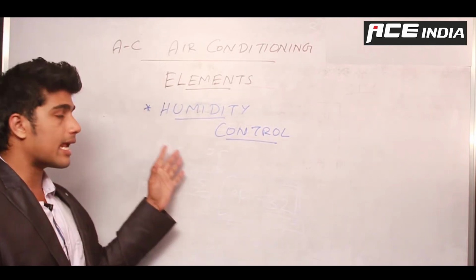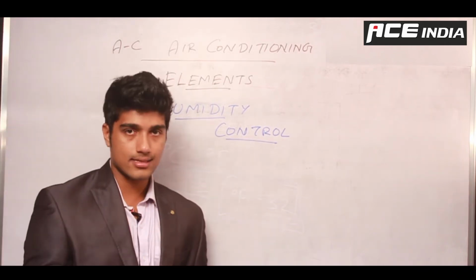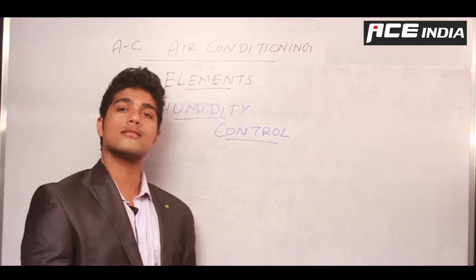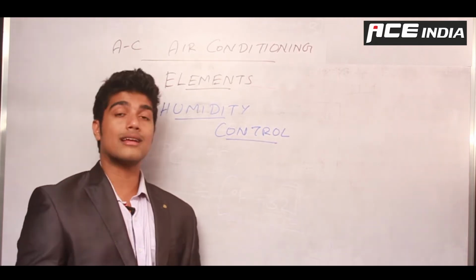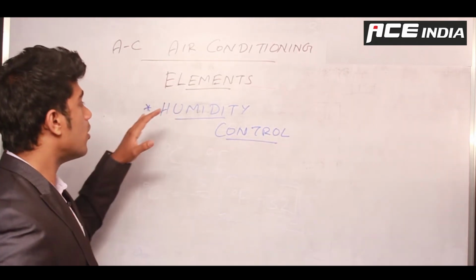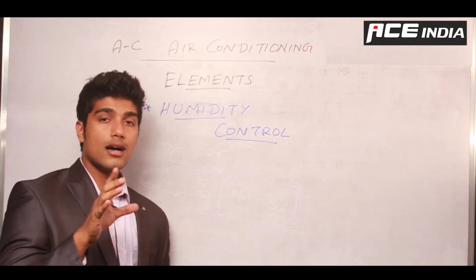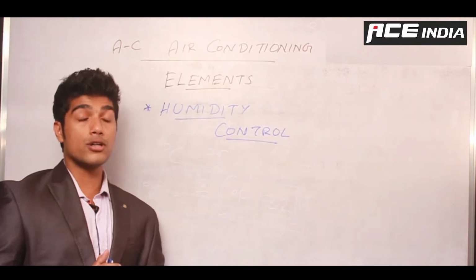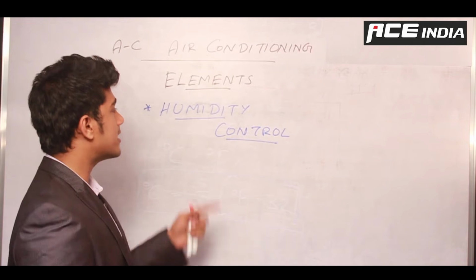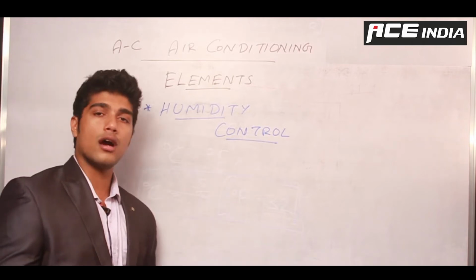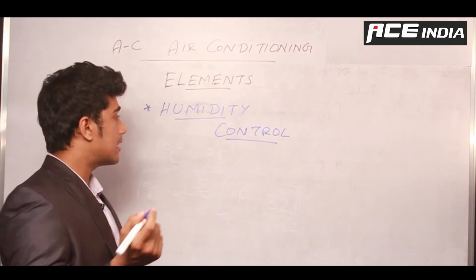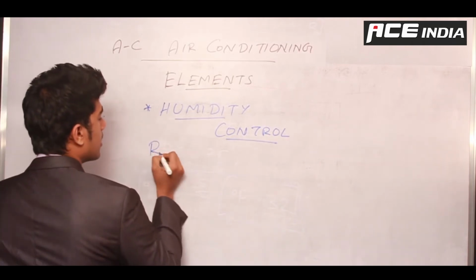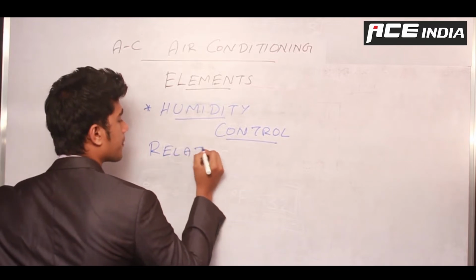If I say humidity, it has to be in a state of gas, not in a state of liquid or a state of, obviously, ice or solid. So we have to understand humidity as the concentration of water vapor in a particular volume of air. Normally humidity can be represented in different units or different terms. The most common term is called relative humidity.